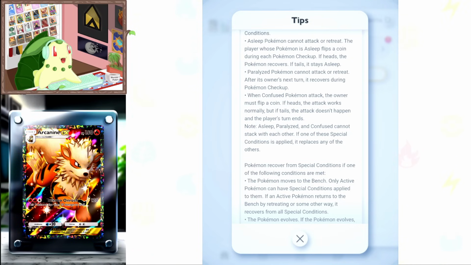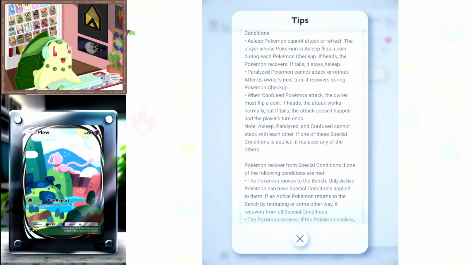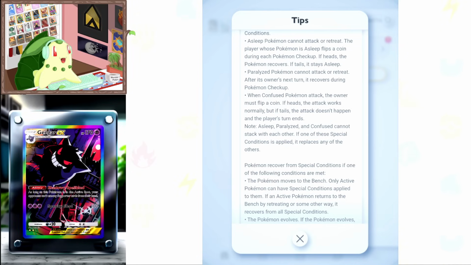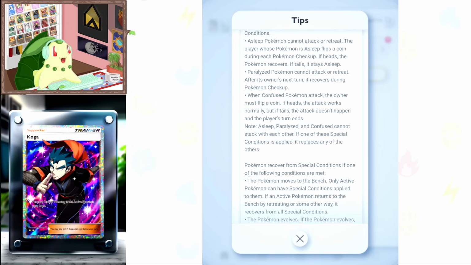But if you confuse them, it's a less consistent version of sleep because they can retreat out and they have a little bit more flexibility there. They have a bit more agency over what to do about the fact that they're confused. But confusion is pseudo-permanent, at least based on what I can tell from this paragraph. If the opponent wakes up or successfully attacks with a confused Pokemon, that Pokemon is still going to be confused next turn. So if they put a Mewtwo in the active slot, they've got Psydrive built up,